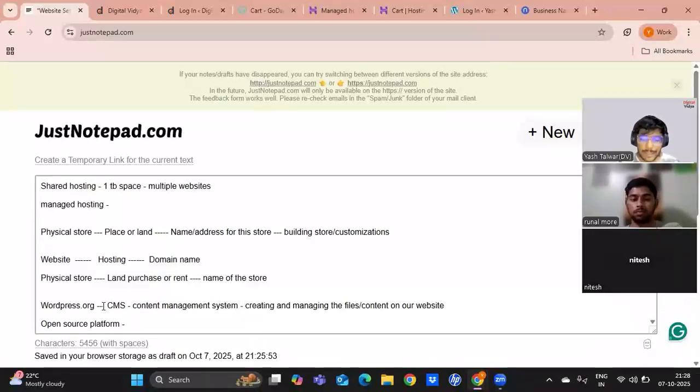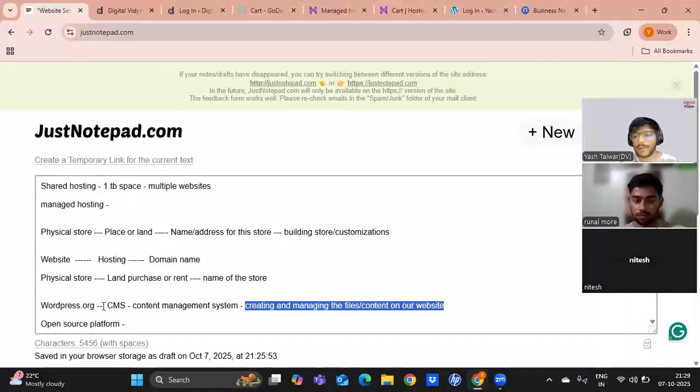right? These are the platforms जहाँ पे आप अपना content create कर रहे हो और manage कर रहे हो. On whatever content, whatever files you have on your website, you create them on this platform and you manage them using this platform. That is what a CMS is, right? Yeah. In our case, WordPress जो है, it is a coding free platform. You don't need coding to work on your website, right? You don't need to understand any of the languages as well.